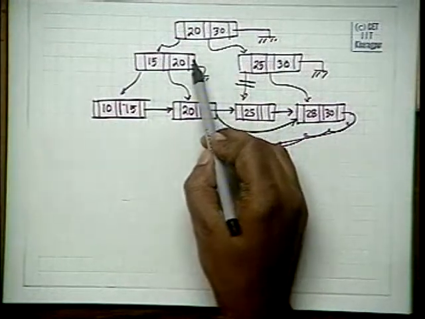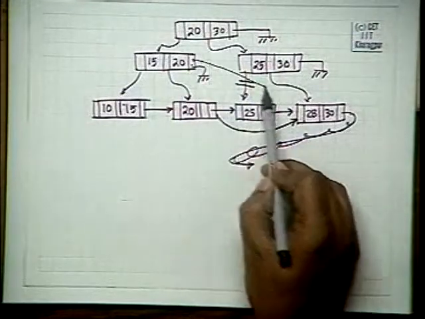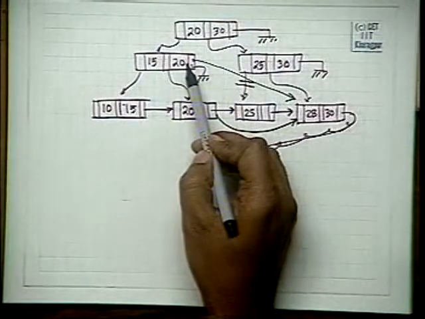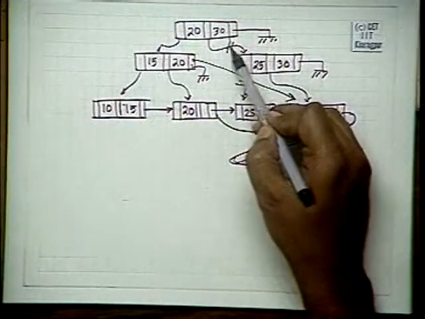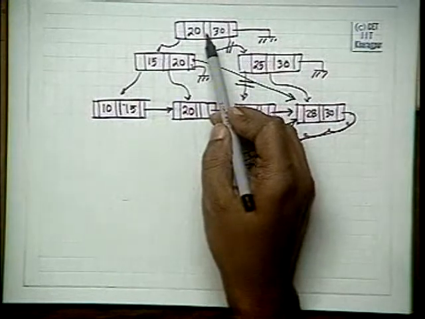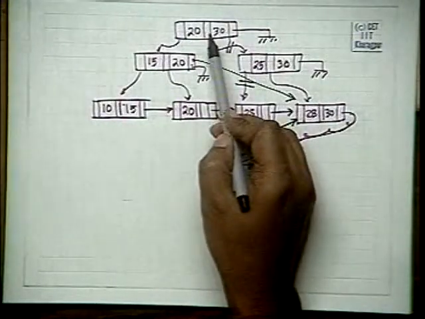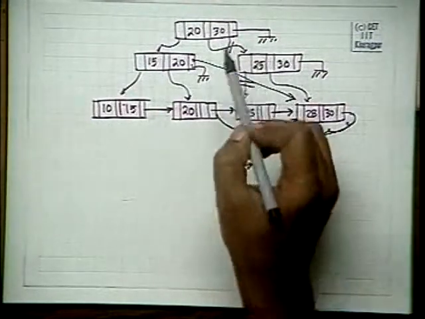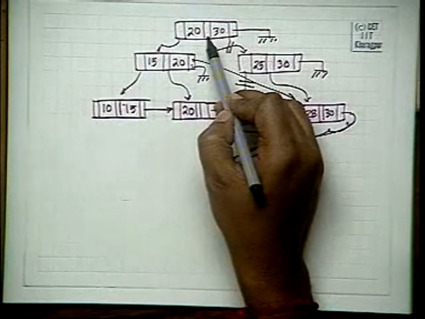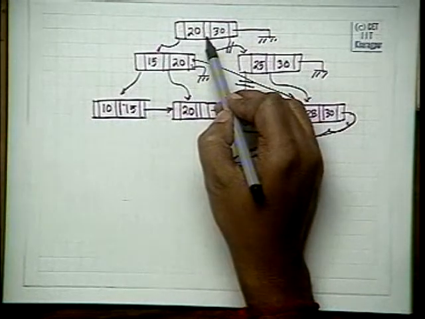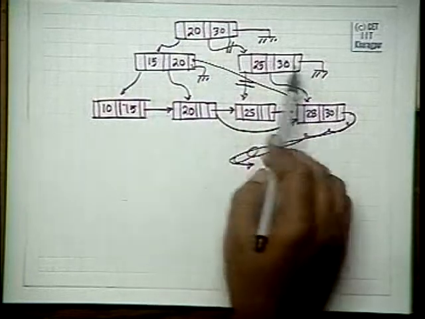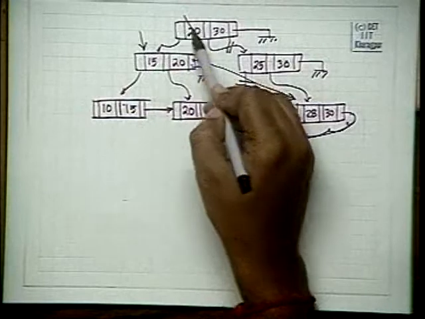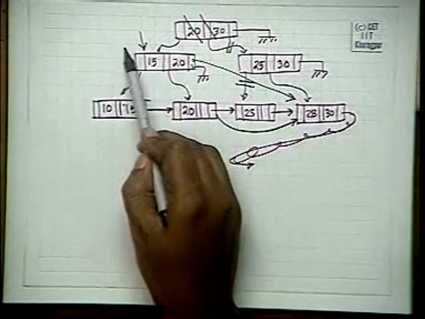So a simple solution is to make this point here, because the 30 will come just after this, and delete this. When you come to delete this, we find that this violates the condition. Once this violates the condition, then it is a root node. Since this is a root node, there are two cases. If it is not a root node, then you redistribute. If it is a root node, then just make its only child the root and delete this. And we will have this structure.